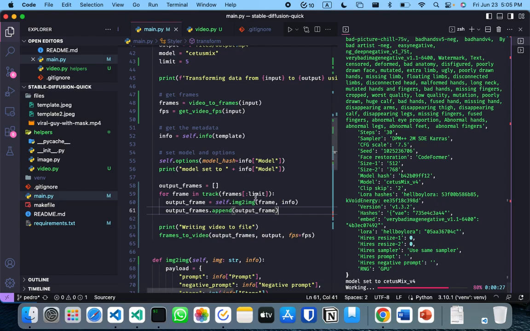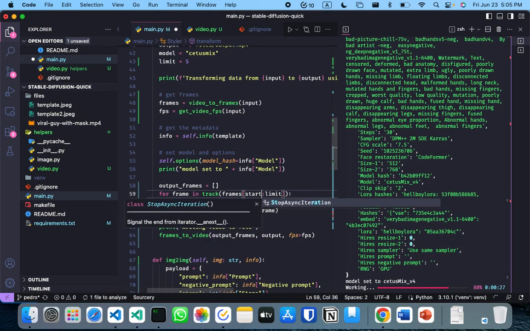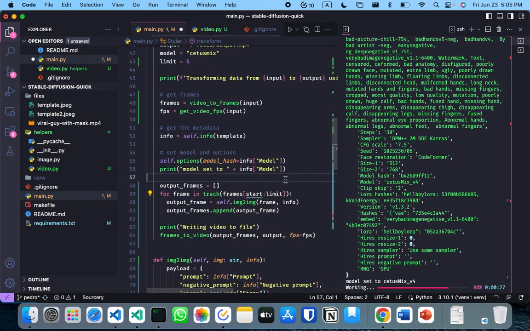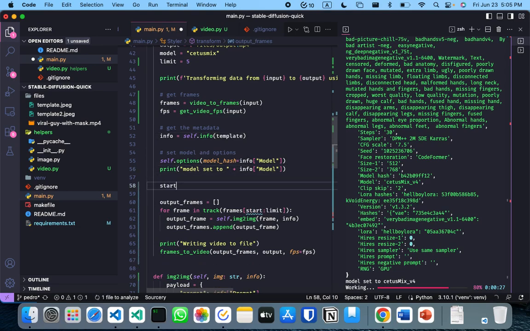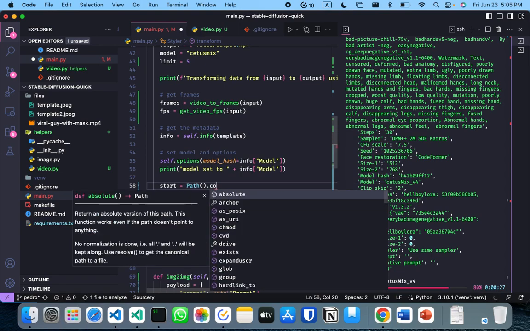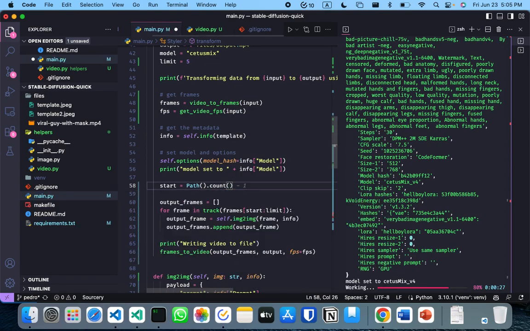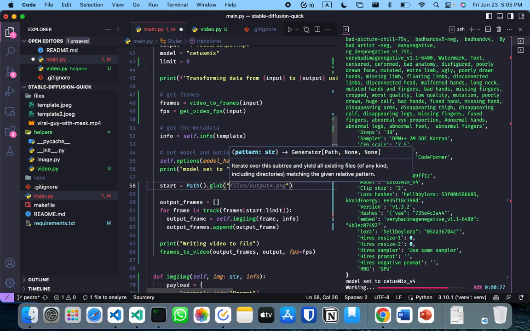So basically, what we do here is we have a start. Sorry, my English. Start. It says start from 0, doesn't it? Yeah. So the start, what it's gonna do is probably gonna have a folder here, and it's gonna do a count. Actually not a count. To be honest, there is this function called glob, and you can just generate